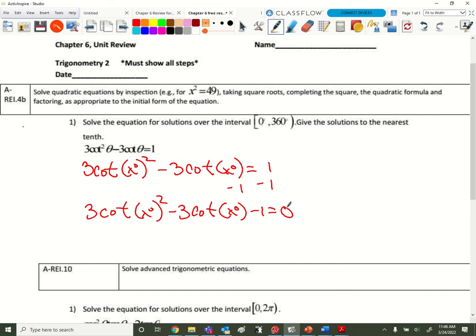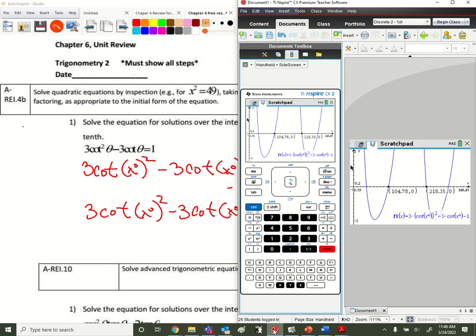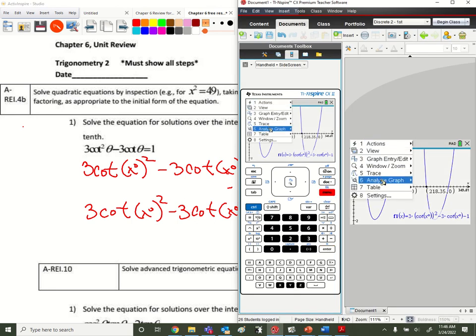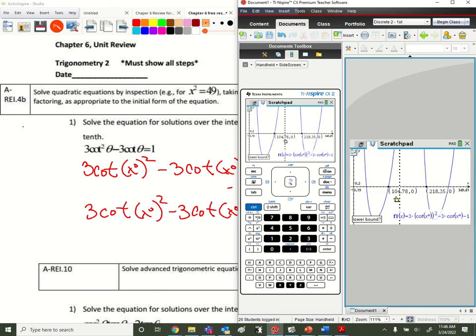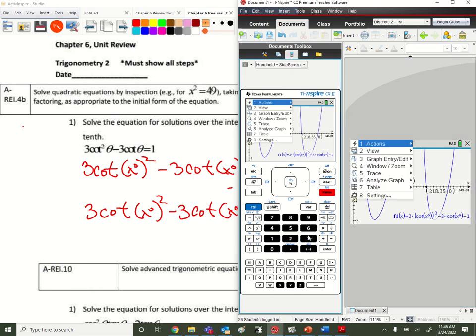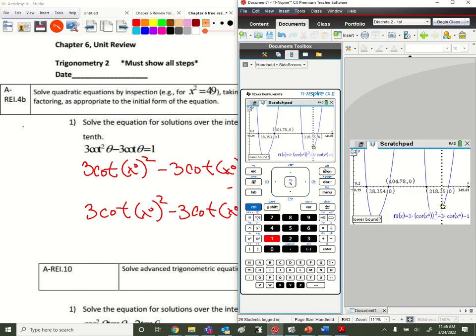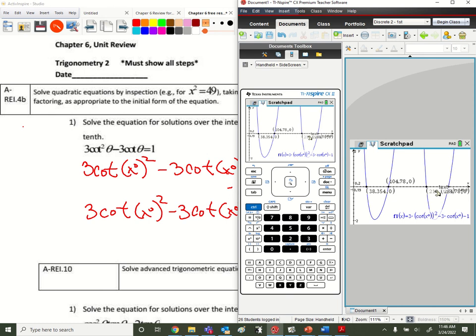There we go. So over my interval, 0 to 360 again, let's go ahead and look at my answers. They're supposed to round to the tenth. And if you notice, I do have decimals. So it's going to be menu 6 1. Move that up so I can see that. And menu 6 1. So I can see that. So I should get